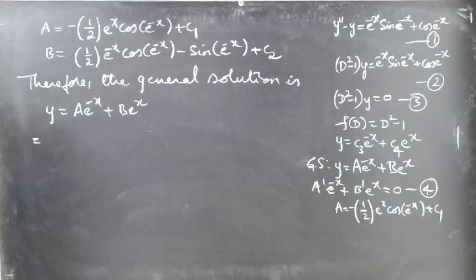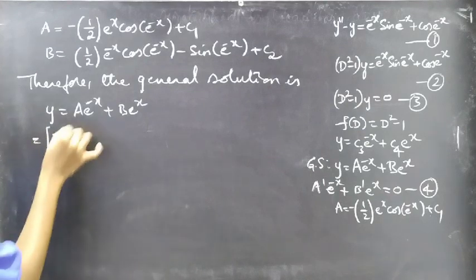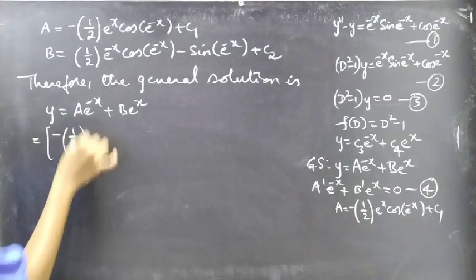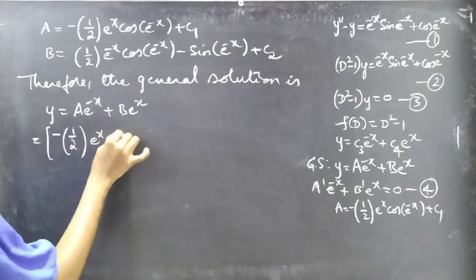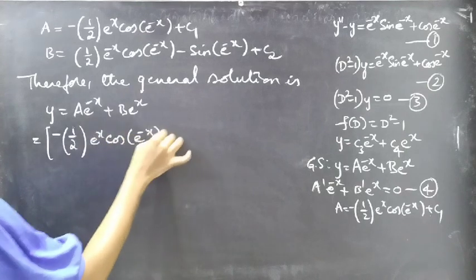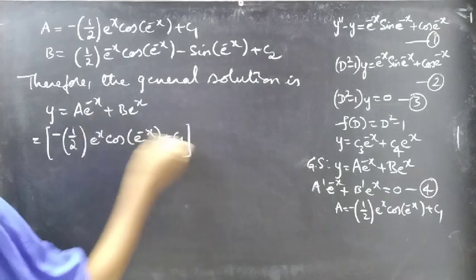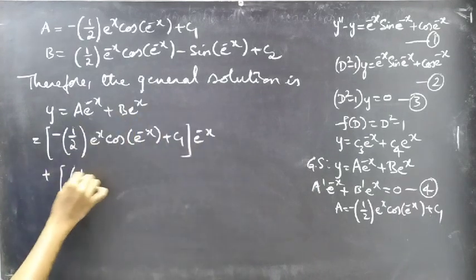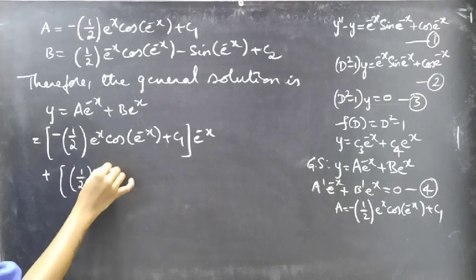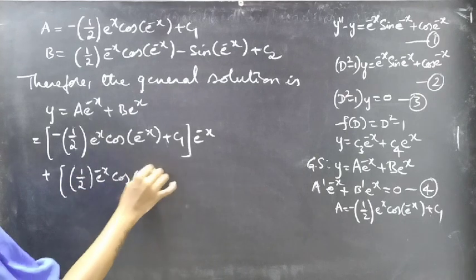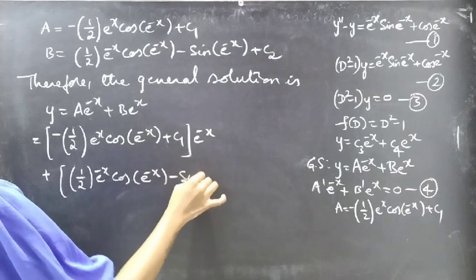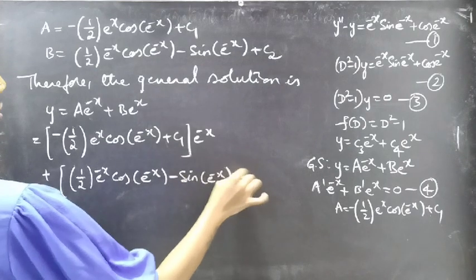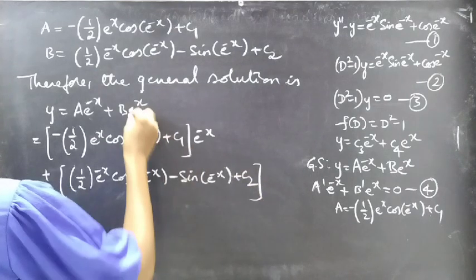Now we are going to substitute a and b here. We'll get minus 1 by 2 e power x cos e power minus x plus c1 into e power minus x plus b, 1 by 2 e power minus x cos e power minus x minus sin e power minus x plus c2 into e power x,